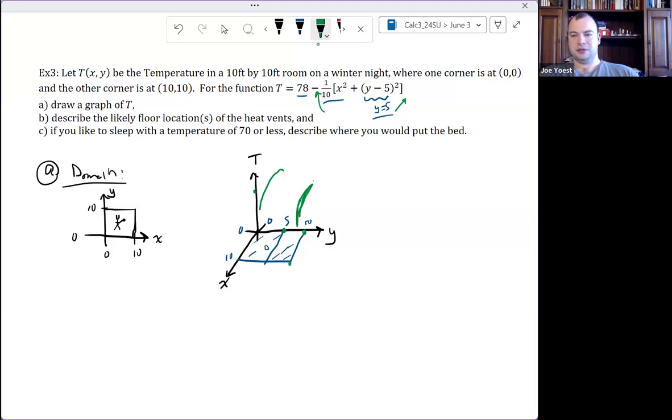At 0, 0, I start with a temperature that is lower than at 0, 5. Again, because this y minus 5 squared gets hit with a negative. So the more I deviate from 5, the lower the temperature ends up being. But as long as I stay at y equals 0 and walk from, say, x equals 0 to x equals 10,